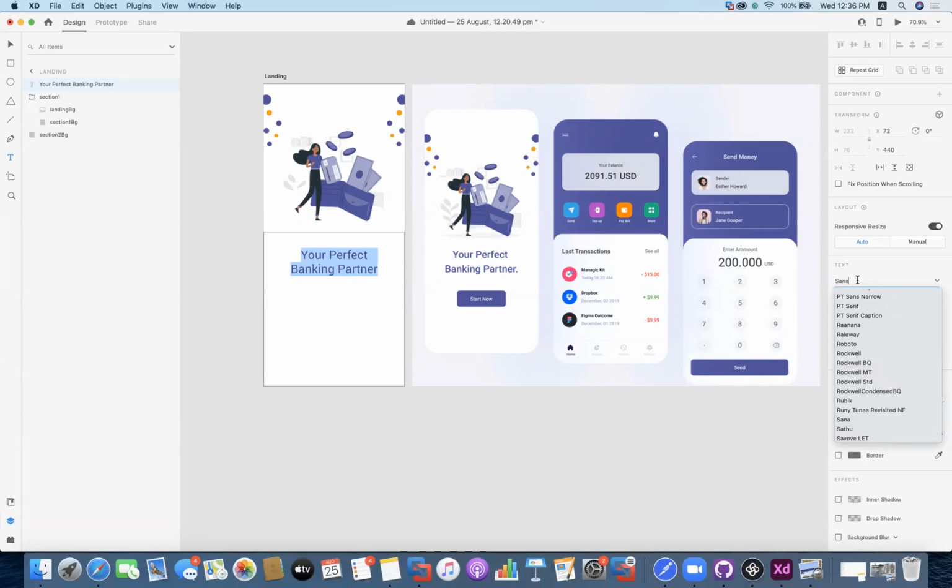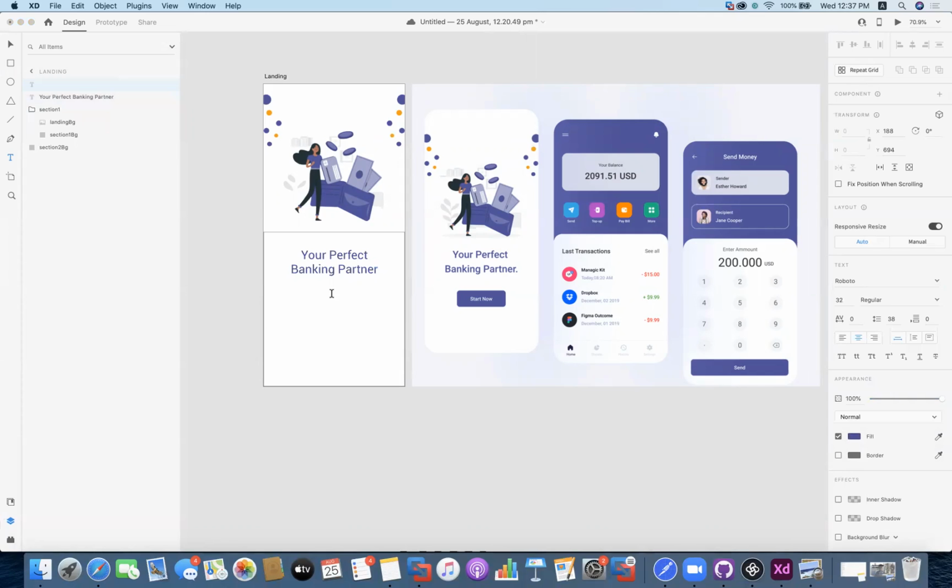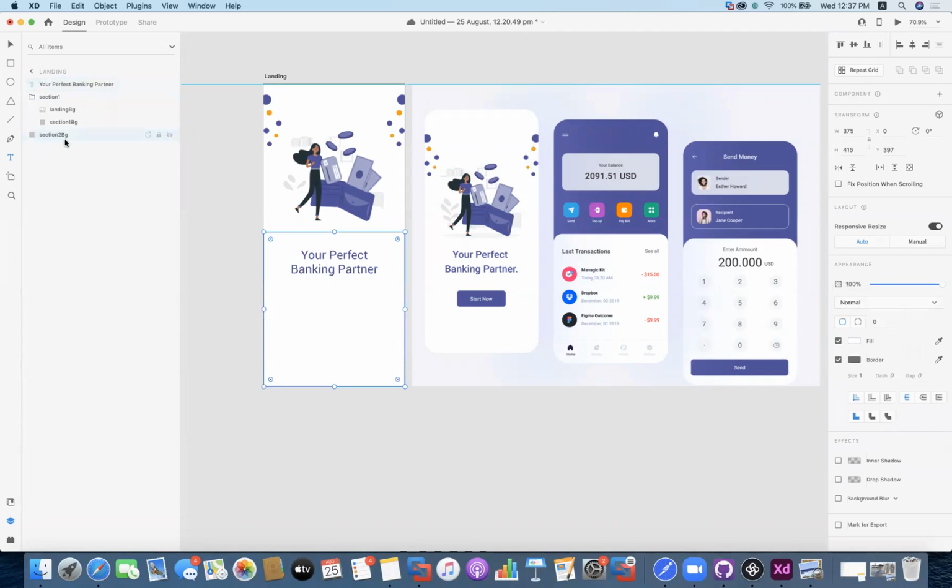I will quickly check if I have some. Okay, anyways, not a problem. I'll keep it as the standard Roboto. Followed by that, in the next step, I'll quickly cover section 2 BG,